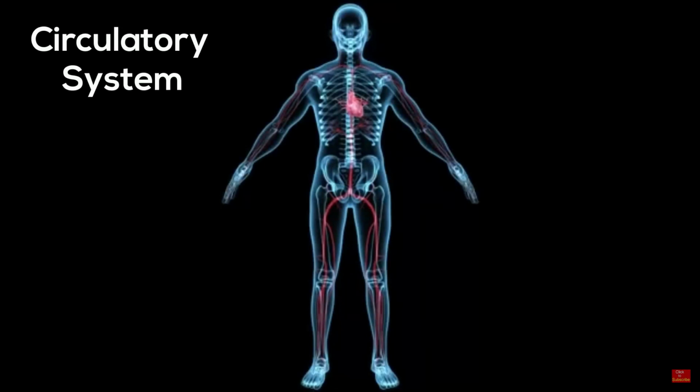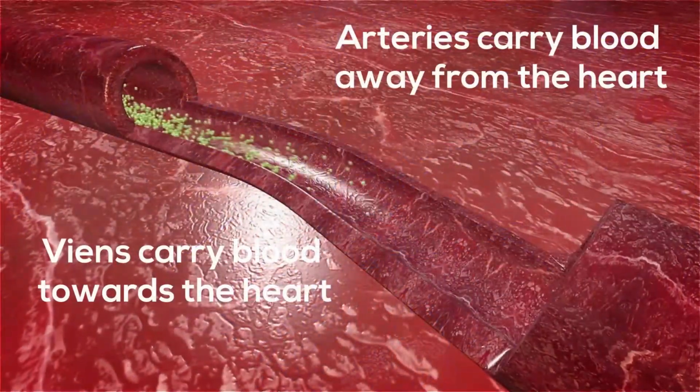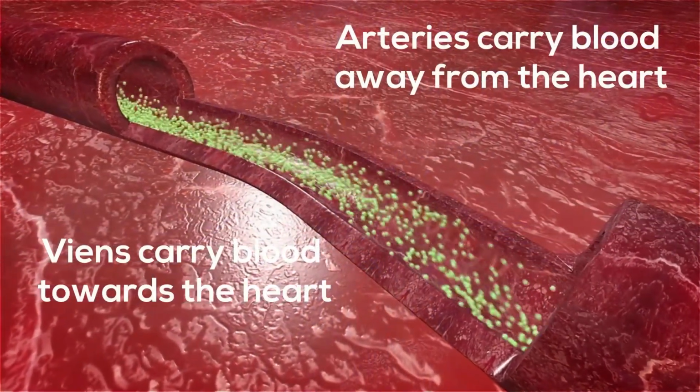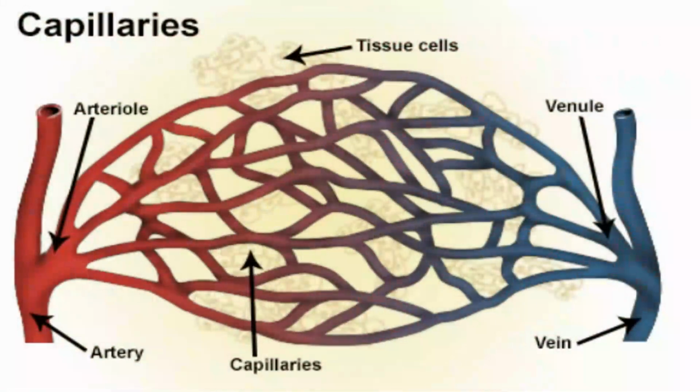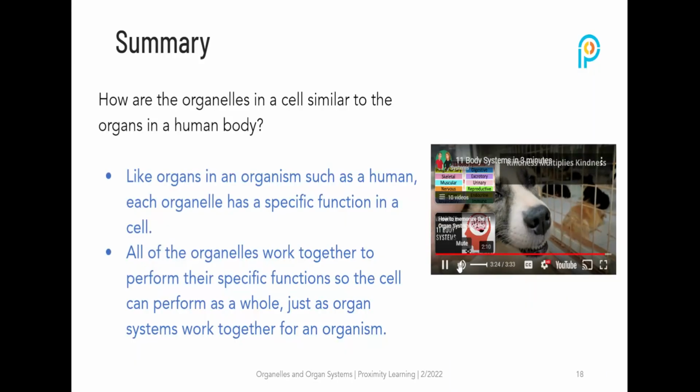The circulatory system pumps blood throughout your body. It consists of your heart, veins that carry blood to the heart, arteries that carry blood away from the heart, and capillaries, which connect the veins and the arteries. Thanks for watching, and remember, kindness multiplies kindness. Be kind to someone